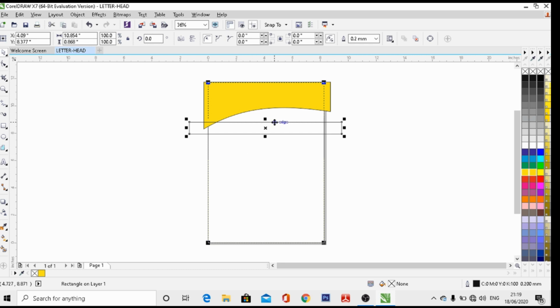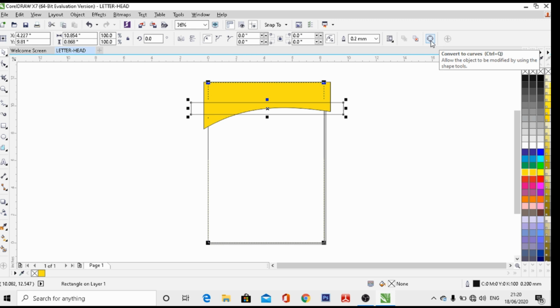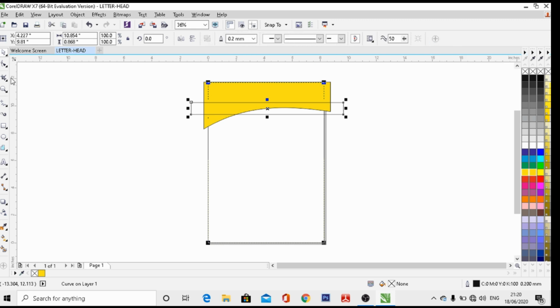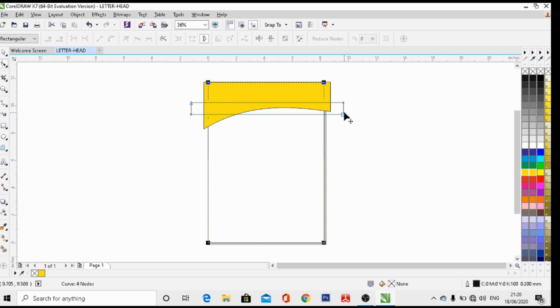So it is a very slow process. So you can directly go to the pick tools and quickly move from one place to another. Again you go to the convert to curve tools, left click over here and go to the shape tools, left click over there. Now you can modify it